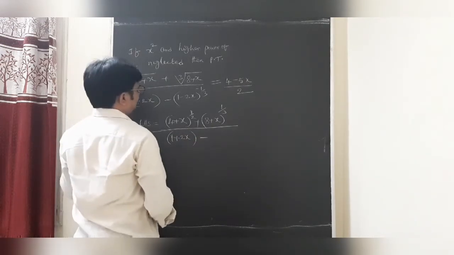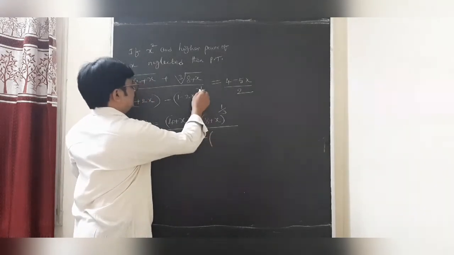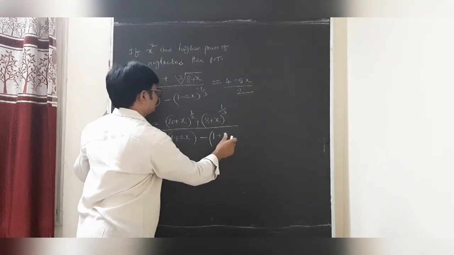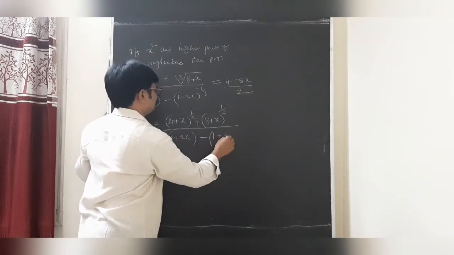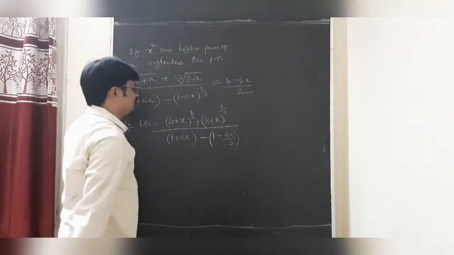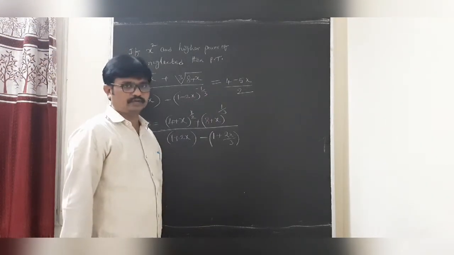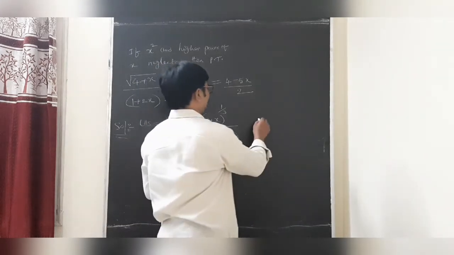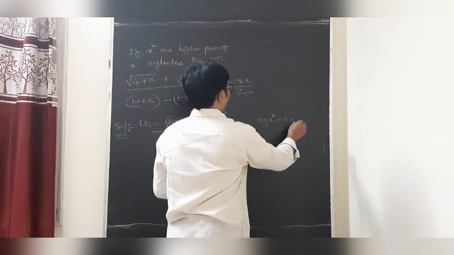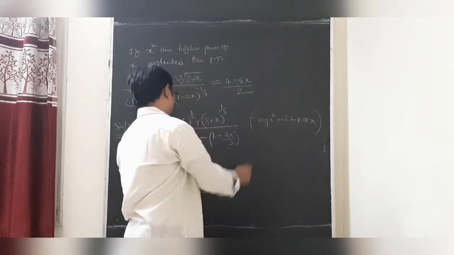After that students, just observe, this is what? 1 minus x whole power minus n. The first term is 1 plus nx, nx is 2x upon 3. Dear students, after that here this is n into n plus 1, 1 into 2, x square, but we are neglecting x square and higher power of x. Okay students.